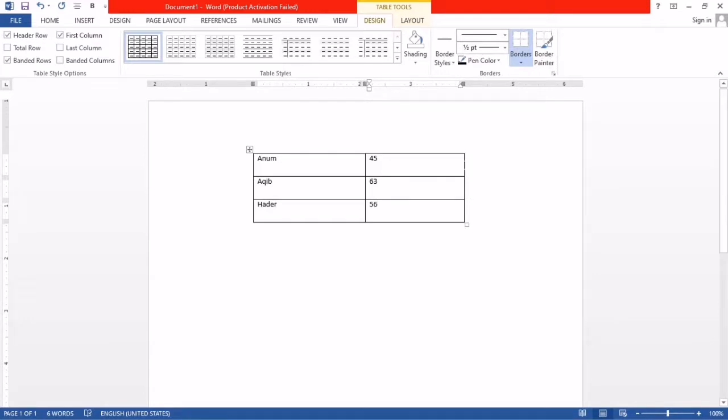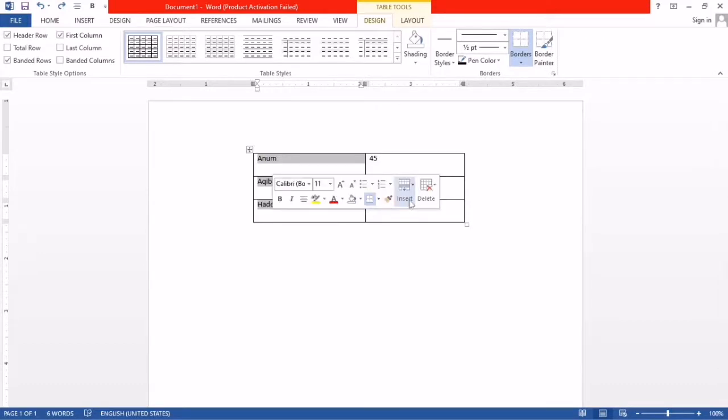Another thing, if you want to enter another row or column, or you want to select the row, you just press this and drag it. You can see this row is selected, okay. And if you want to select the column, select here and drag down, the column will be selected. After this you can do anything.